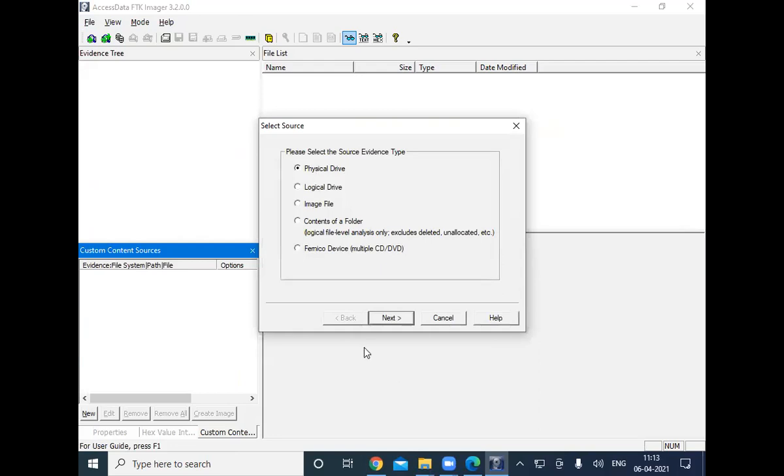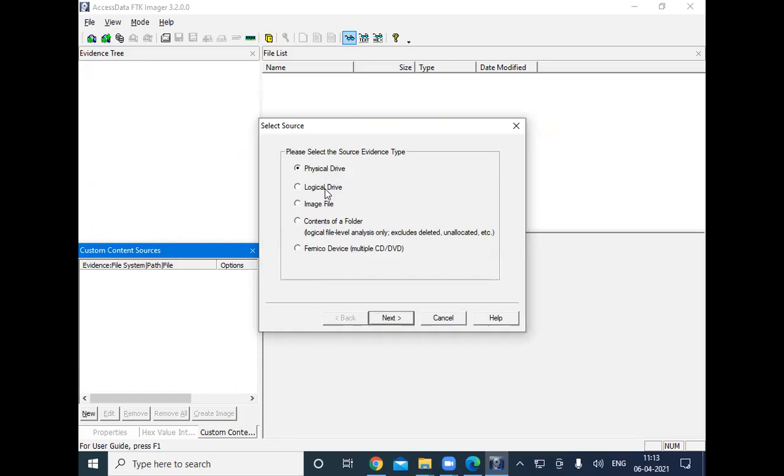Here you find one dialog box. In it, the different source evidence type options are there: physical drive, logical drive, image file, contents of a folder, and Fernico device. If you want to take a backup or create an image from the physical drive, you can select physical drive.